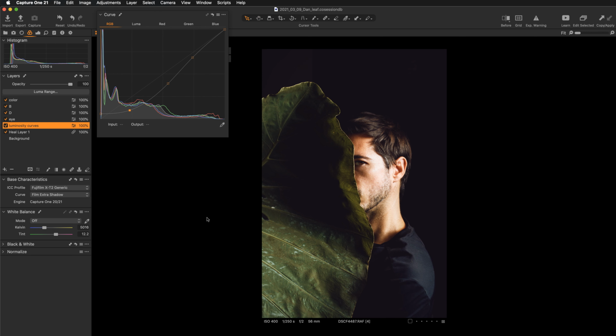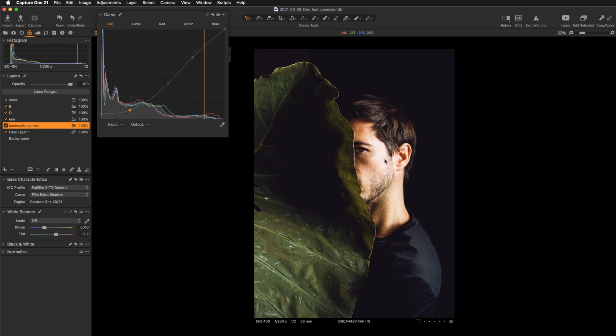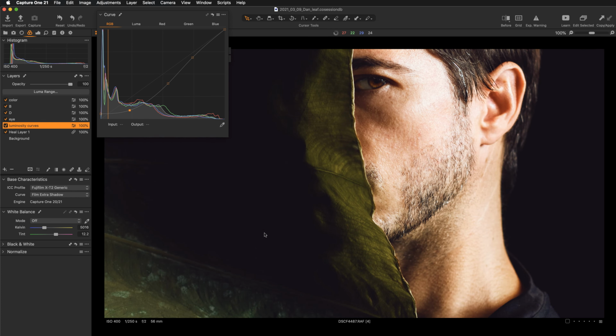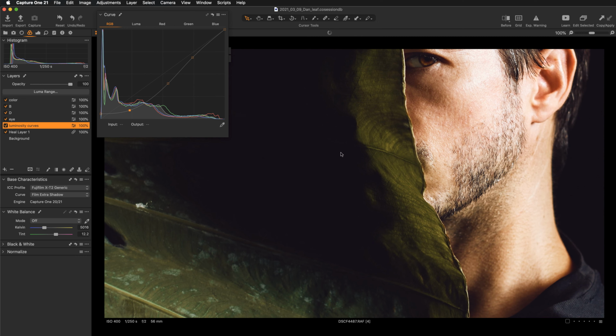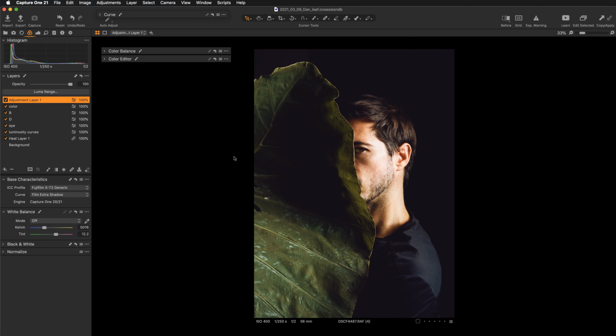Okay, so by now I've been focusing a lot on the face. I've been looking at the color of the skin, or the skin tones. I've been adjusting the face with the dodging and burning. And now, before I add clarity to the whole image, I want to focus specifically on this beautiful leaf, because there is plenty of potential. We have a lot of these beautiful details, amazing textures, and I want to add a little bit more impact to it. So let's create a new field adjustment layer,